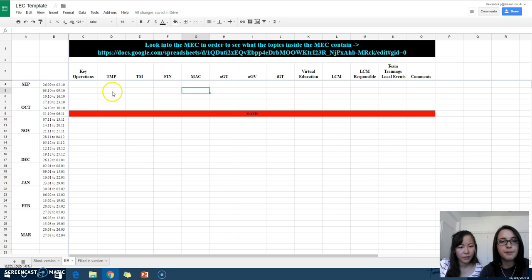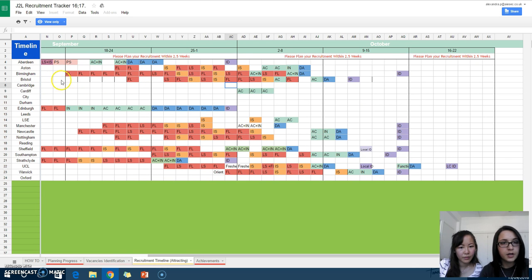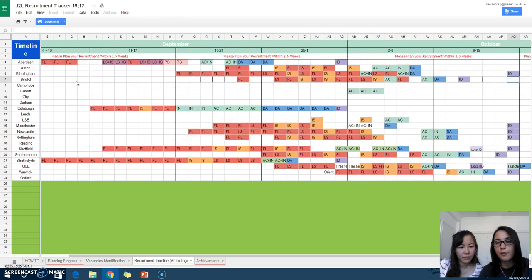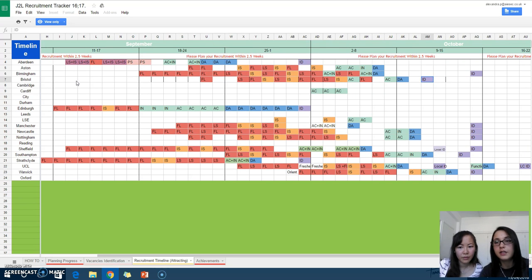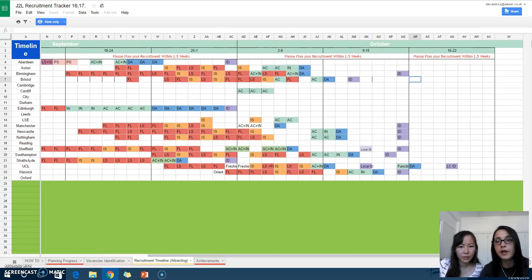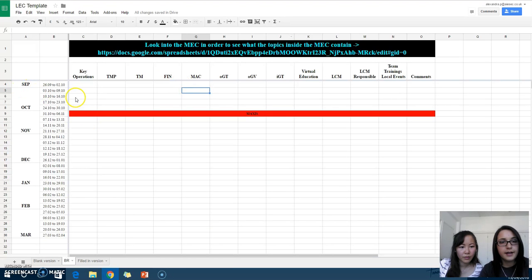So for TMP, let's see, for Bristol, what would be the regional induction. Bristol has regional induction on the 15th of October. That's the second week of October. That means that they can start their activity on the third week of October. So what we're going to do is go here and look at the third week, which would be this one. Here is when they need to start their activity. Here is when they have a regional induction. Okay,